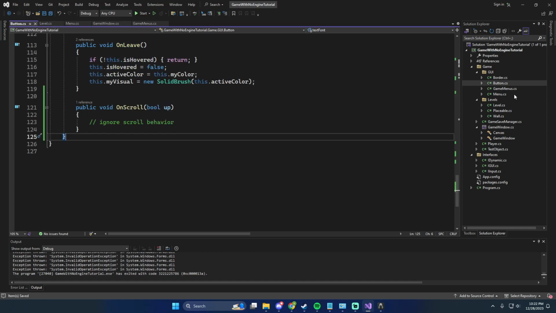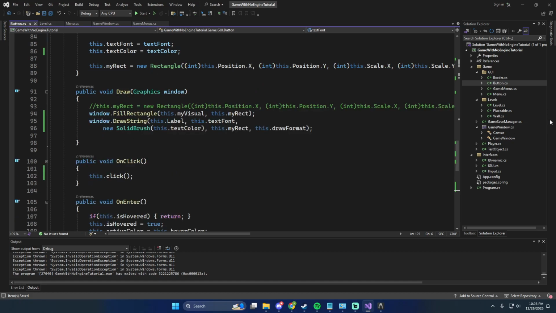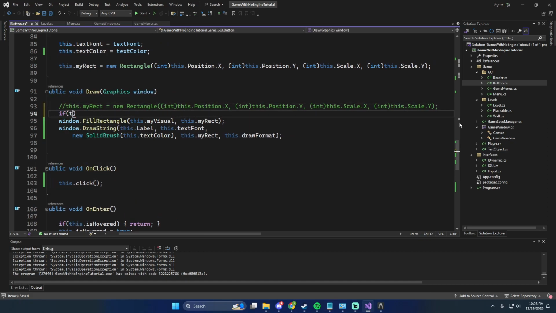Button, we're going to keep open because we've got a lot more to do in here. I think those are the only two we do this with, so we can ignore the rest. The other thing I want to do for button is if the button is not within the territory that we want, so it's not within our scroll box, I want to hide it. Instead of doing the math to determine how much of it to draw, because we don't have anything to hide part of the object as far as I know, what we're going to do is visible checks. So for draw, we only want to draw if we are visible. So if this dot visible,